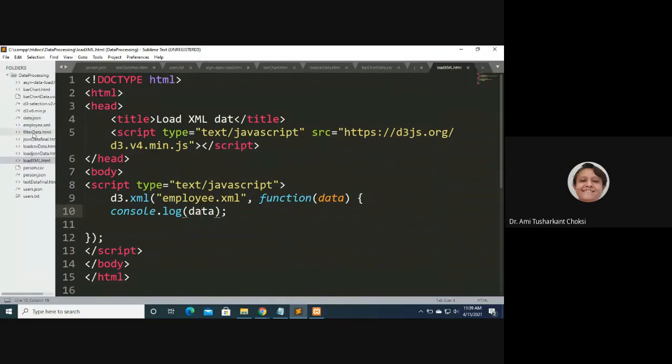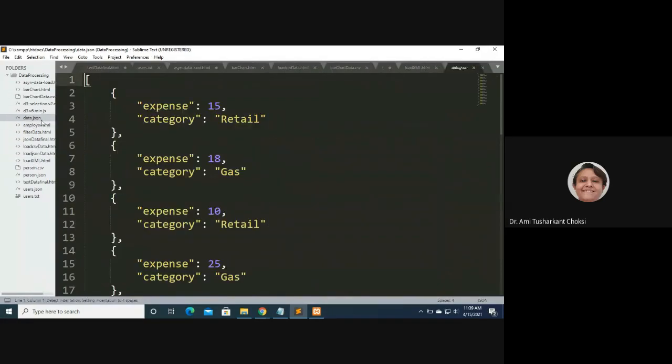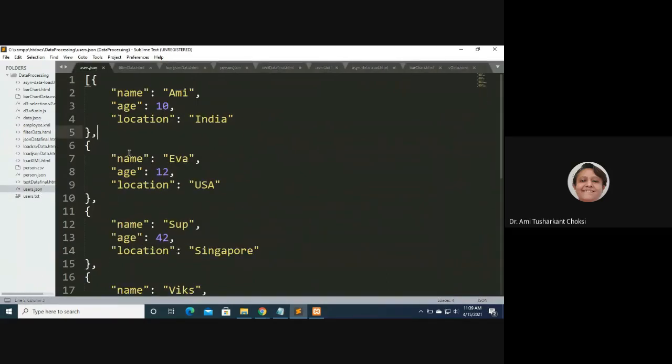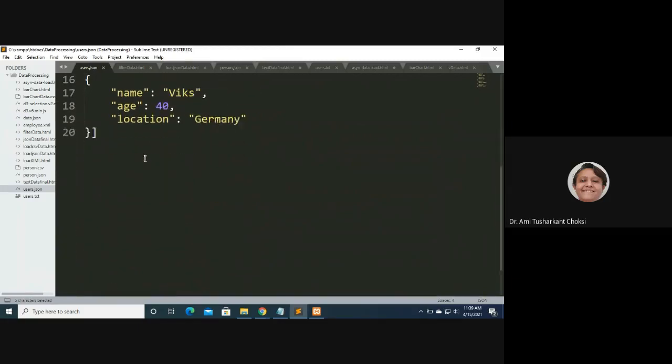We want to load the JSON data, right? Let me first show you the JSON file. It was users.json. This is a file where we have the parameters name Ami, age 10, location India. This way we have the four data available.